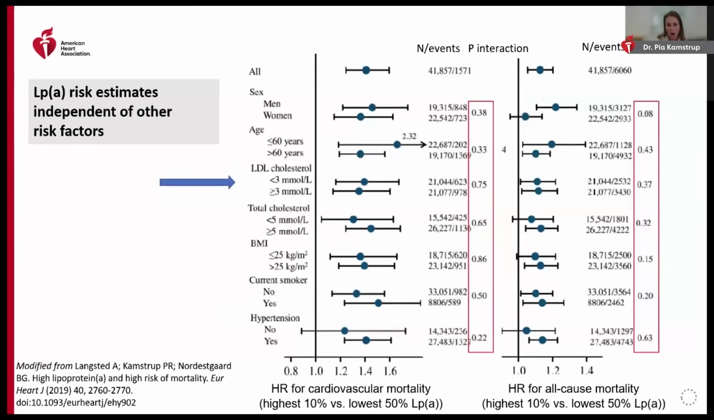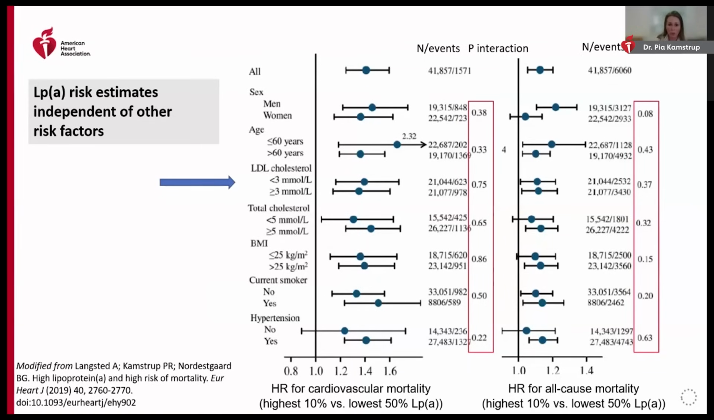Importantly, risk estimates for high Lp(a) are largely independent of conventional cardiovascular risk factors, as demonstrated here, with relative risk estimates for cardiovascular or all-cause mortality for high Lp(a) shown, and stratified by the presence or absence of conventional risk factors, including sex, age, LDL and total cholesterol, BMI, smoking status, and hypertension. In nearly all subgroups, risk estimates for high Lp(a) are similar, with no statistical evidence of effect modification found for